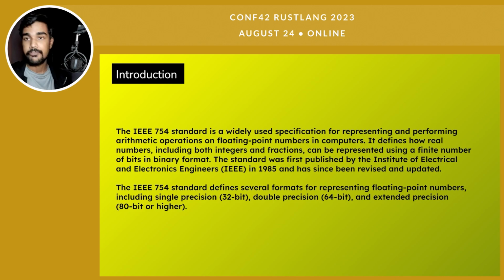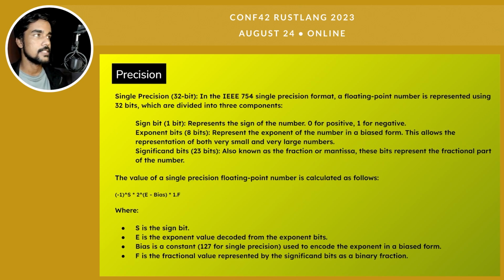So we have different kinds of precision ranges depending upon the powers of 2. 2 to the power 5, or 32 bits here, represents single precision, and 2 to the power 6 is reserved for double precision. We'll understand this in the next slides. And extended precision is for even higher precision. These are more specifically used with supercomputers, where we require a higher degree of precision. So let's start by taking a look at the precision.